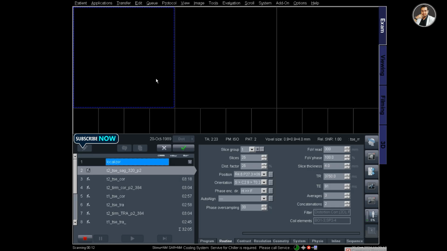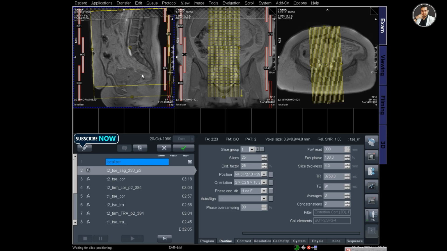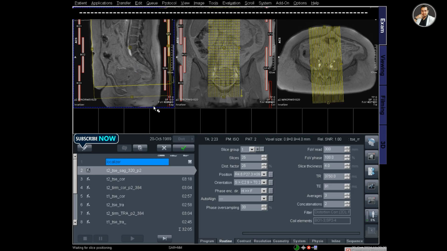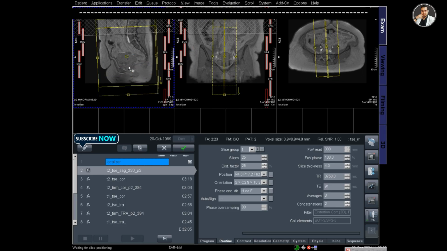The localizer scan is running for the pelvis. Localizer has finished, and you can see that three localizer images, sagittal, coronal, and axial, have appeared